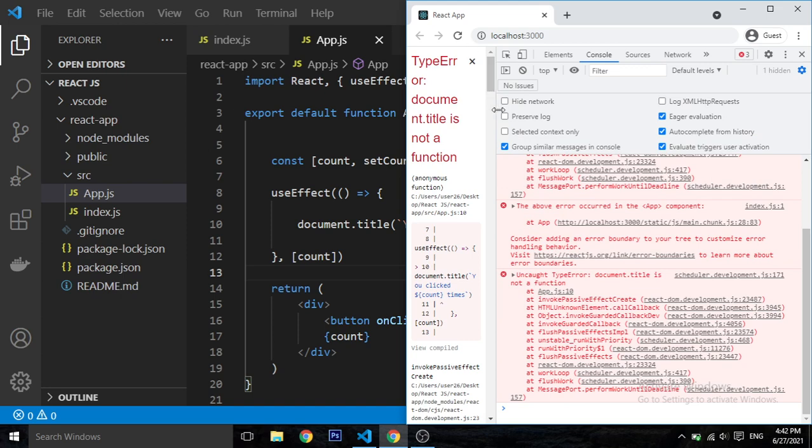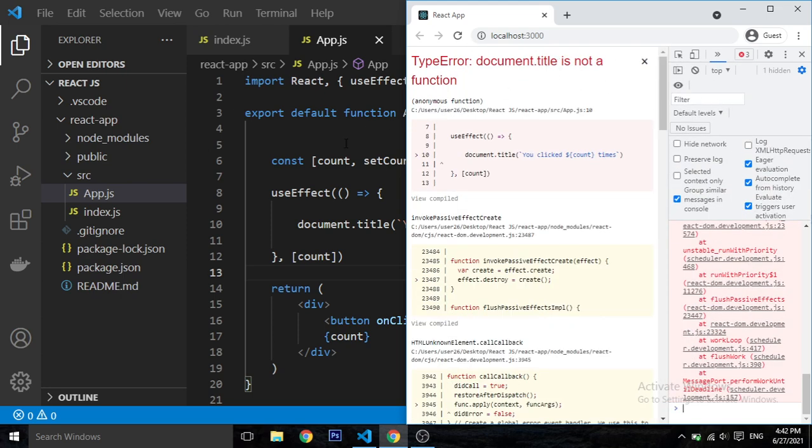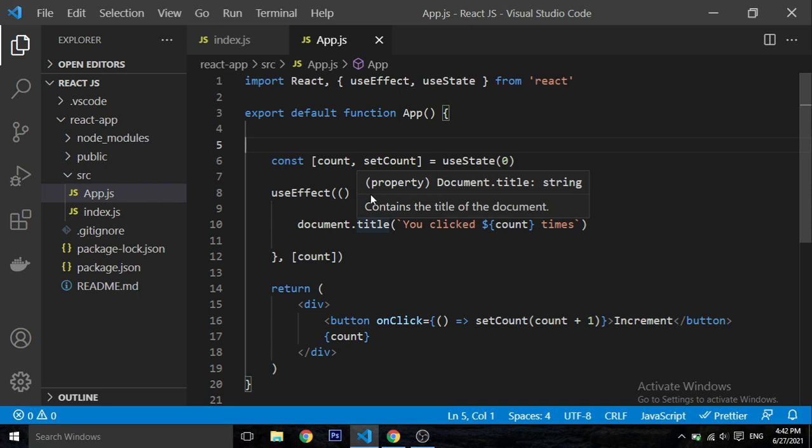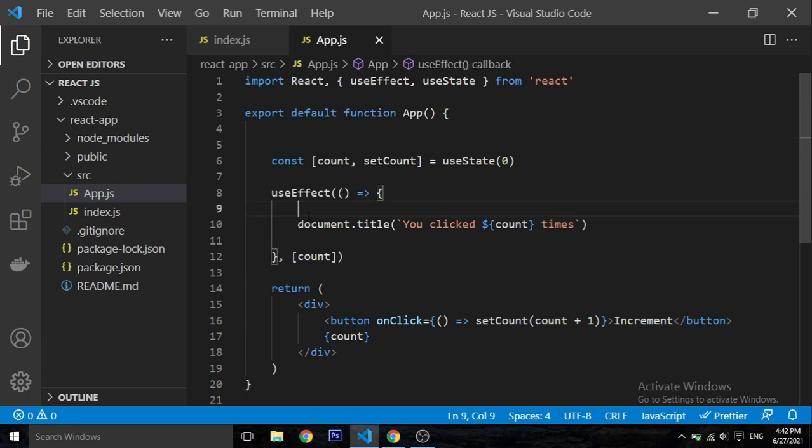okay, we get an error. Type error: document title is not a function. This is what I told you right now, guys, that we cannot type a non-function thing in here, so it has to be either a function or some already assigned variable. So what I mean by that is that we should make this equal, because this is not a function. This is used in JavaScript. If you know JavaScript, you know what this is doing. So that's what I mean.